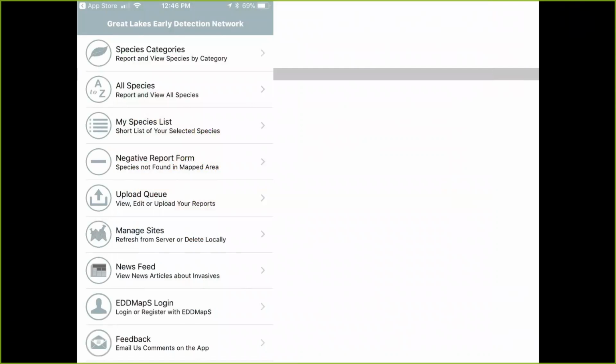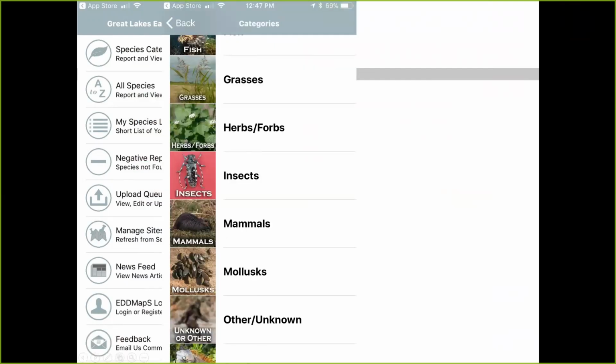When you open up the app, there are a lot of things you can do. The way I like to run this through is that you would get on the app and select a species category to report the kind of organism you saw. So let's say you are walking in the woods and you notice a suspicious looking maple tree that you think might have Asian longhorned beetle. You would click on the species categories, select the insect button, and then